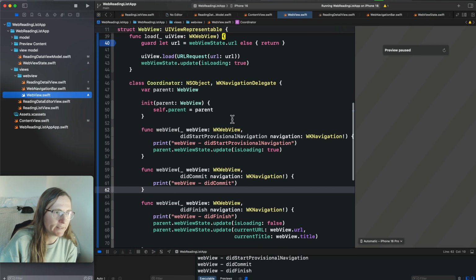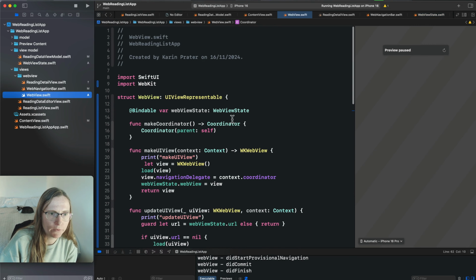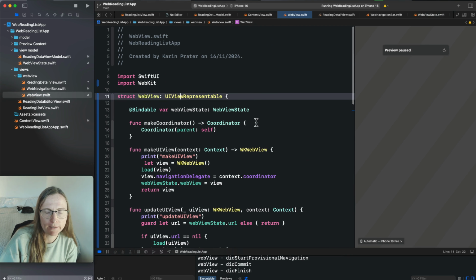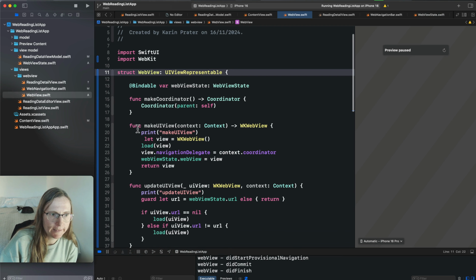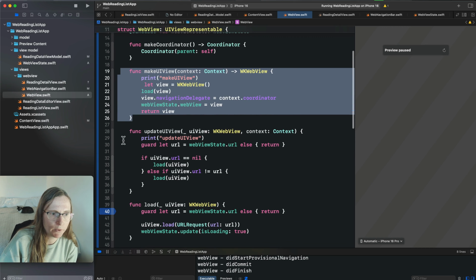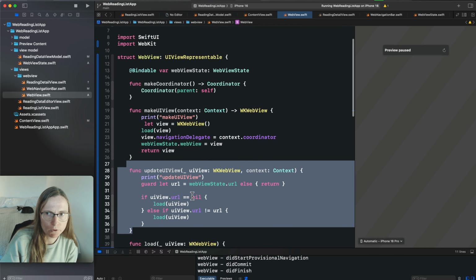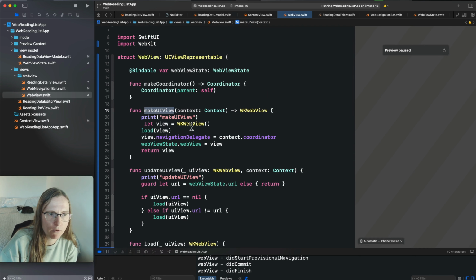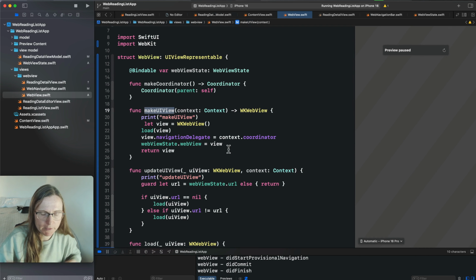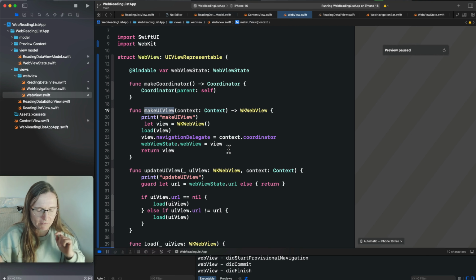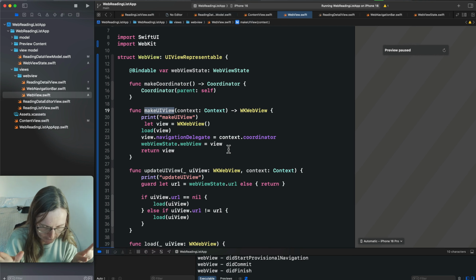The main thing is, when you work with UIKit views, you have to conform to this UIViewRepresentable. So in this case, the simplest version is you implement a makeUIView and updateUIView. If you work on iOS, you might just want to use the makeUIView. The thing is, especially in this case, which is much more complicated than you probably will use in other cases,